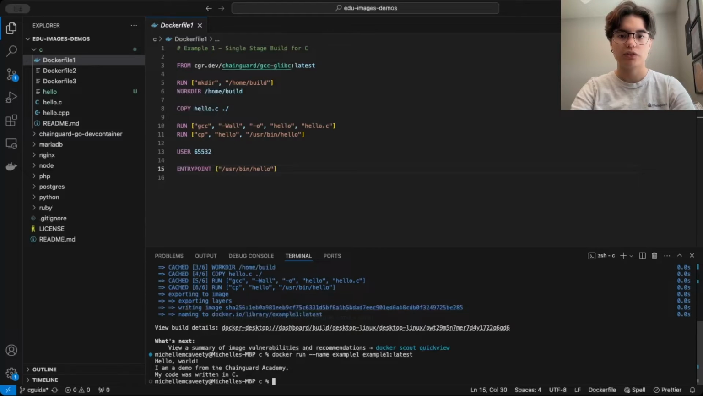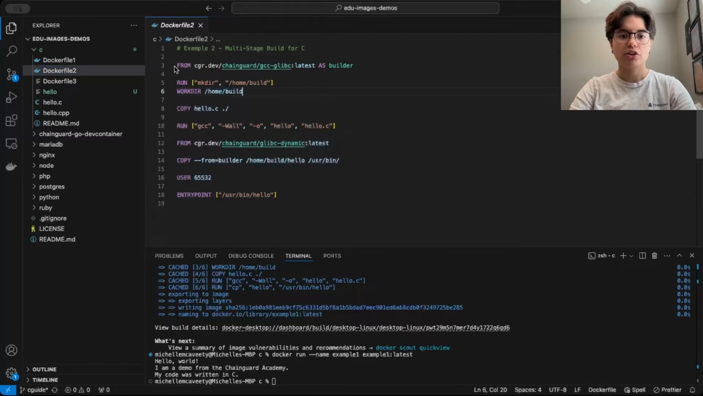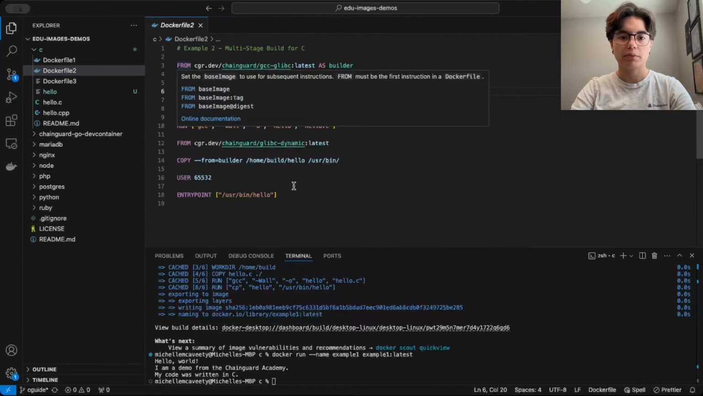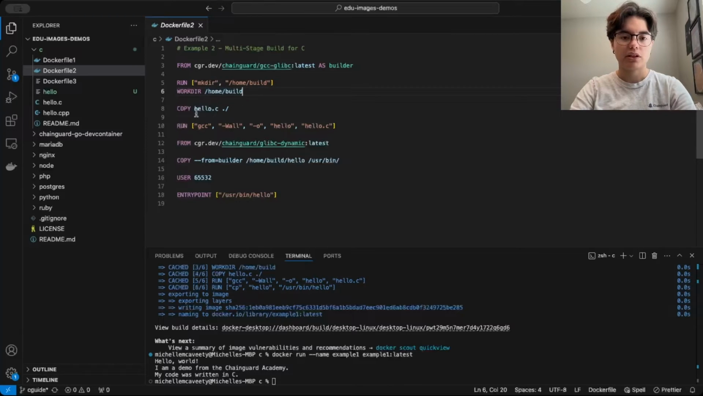Now let's move on to a multi-stage build. Take a look at Dockerfile 2, which should look similar to Dockerfile 1, but we have some additional statements. So we're using the same image as a base image, Chainguard's GCC-glibc image, but this time we're using it as the builder stage. Once we have compiled our binary, we're then going to switch to using the Chainguard glibc-dynamic image,